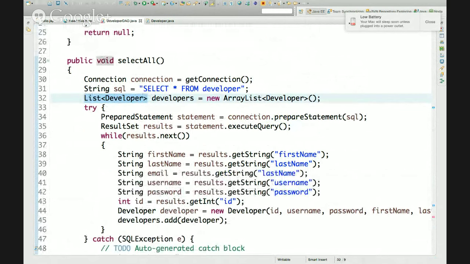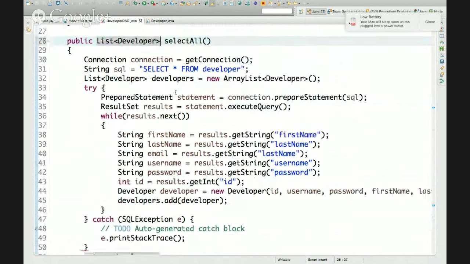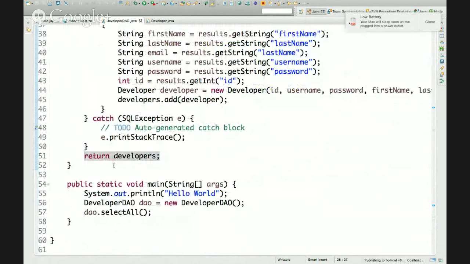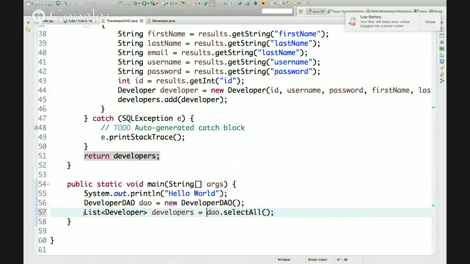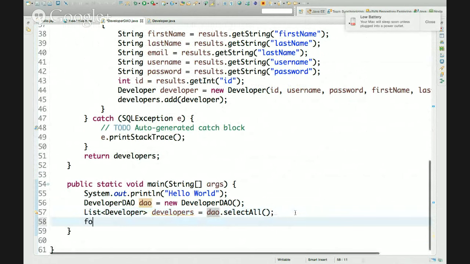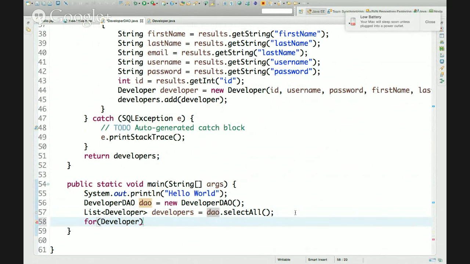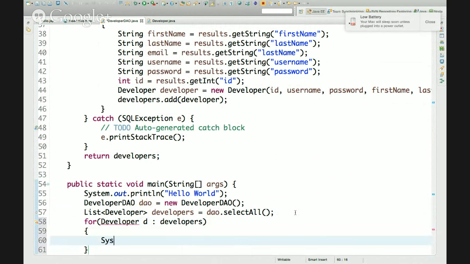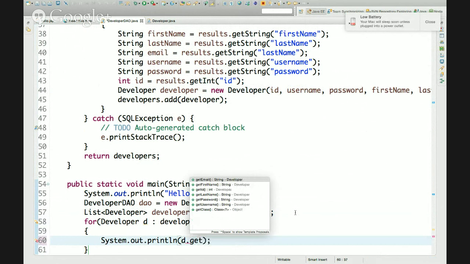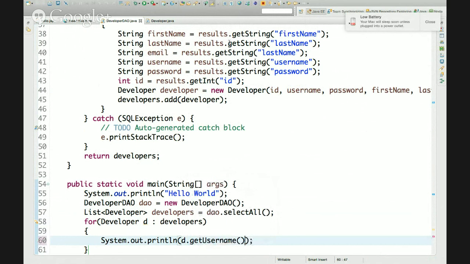Okay, copy paste. Now from outside, I can receive a list of developers, right? From outside, I can retrieve all this, and now I can iterate over this. I'm going to iterate over the developer d in developers, and for each one of these, System.out.println d dot get username. So if I run this now,